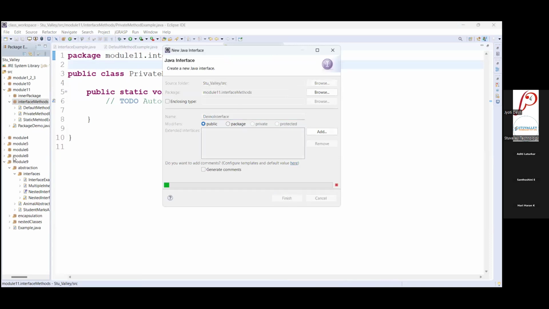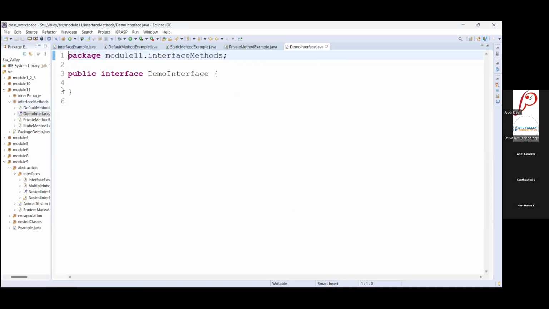Inside the same package, I have created this separate public interface file with the .java extension. Now here in the demo interface, I'm writing one method that is void display method. This display method has the public accessibility and this is an abstract method.